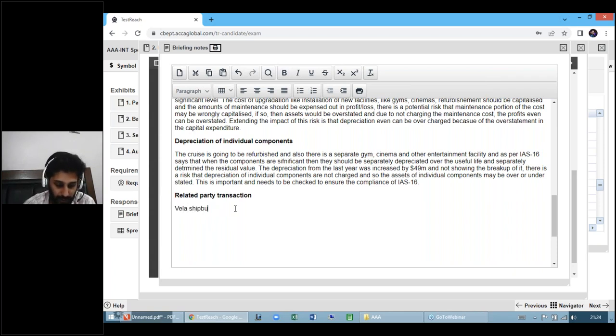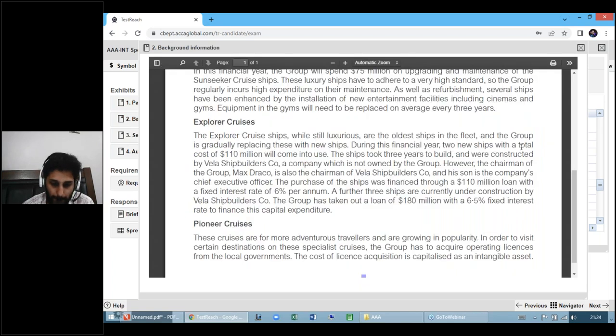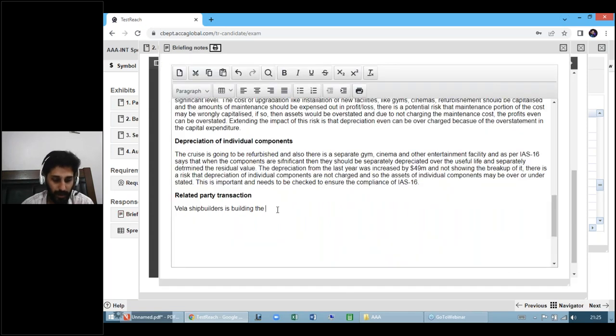Vela Shipbuilders is constructing the ships for the explorer cruise ships,